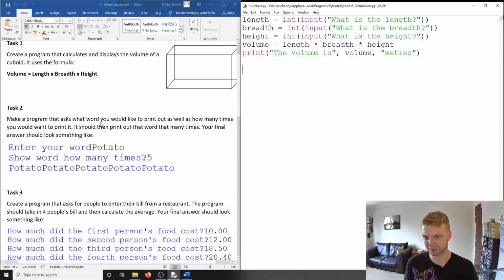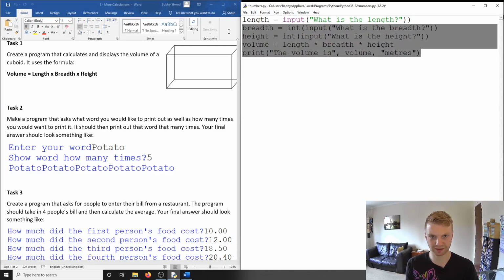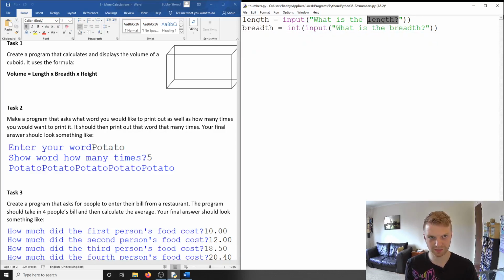Task 2 is make a program that asks how many times, and you want to print it. So you have to ask 2 questions. The first question is just a word, right? So I'm just going to delete that quickly and just make it, what is your word, or enter your word, doesn't really matter what I wrote there. So, and it's not length, it's going to be word equals input, what is your word, and then we're going to go,